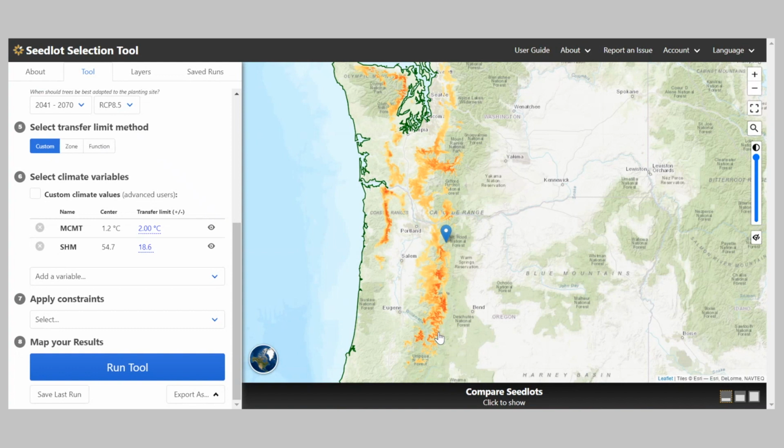If I plan too far out to the end of the century, if I was to choose this 2071 to 2100 time period, I could risk selecting seed lots that are adapted to a much warmer climate than the current climate. And those seed lots potentially could sustain cold damage in the current time period, right now, especially during that vulnerable seedling stage. So we need to make sure we're selecting seed lots that are adapted to both now and into the future. And using that mid-century time period, generally, the rate of change is such that if we're looking at the mid-century, it's still within the 2-degree transfer limit, both currently and towards the end of the century.